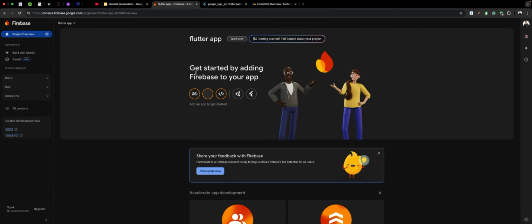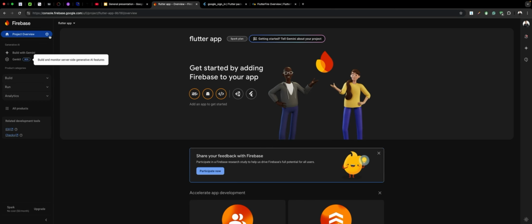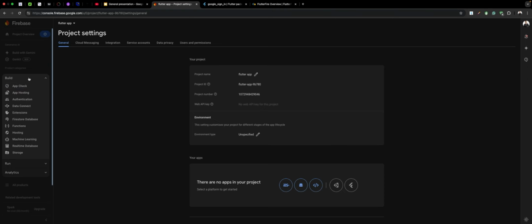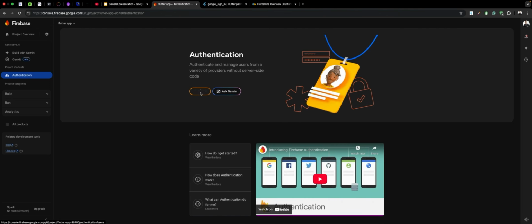But I don't normally use this route. So what I'm going to do for you guys is to show you how to do that using your terminal. It's very easy and straightforward. So what you want to do first is go to project settings, click on this. Maybe if yours is hidden, you just click here, it's going to show. You click on project settings. So no, not here, sorry, my bad. You go to build,